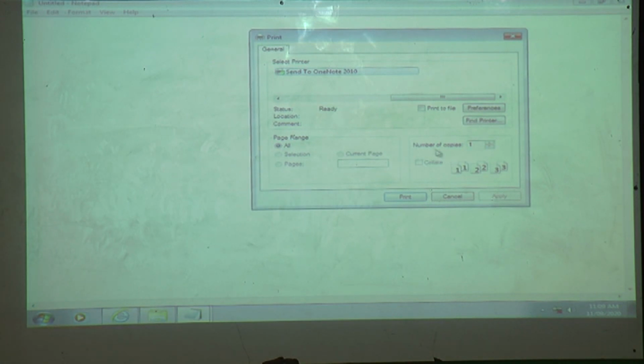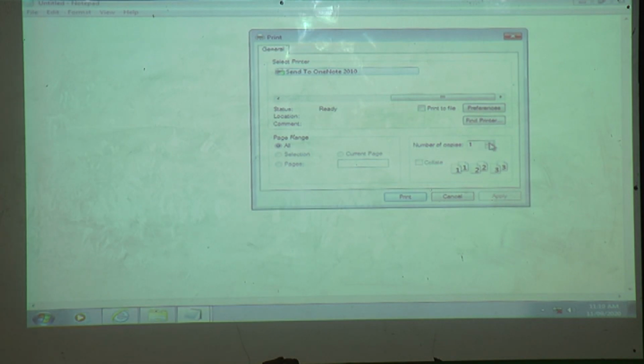And here is the number of copies. Suppose there are 4 or 5 pages and we want these pages for 2 persons. How many copies do we want? 2, right?